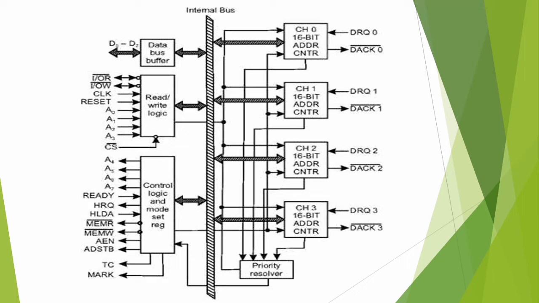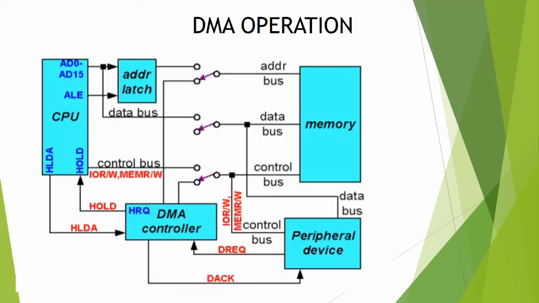So this is the internal diagram of 8257. Now let us understand the operation of this DMA controller. Now this is our CPU, and there is an address latch in order to demultiplex the data bus and address bus, and there are certain control bus signals like input output read, input output write,